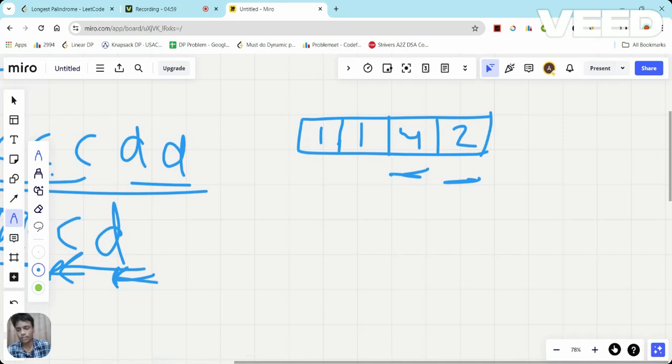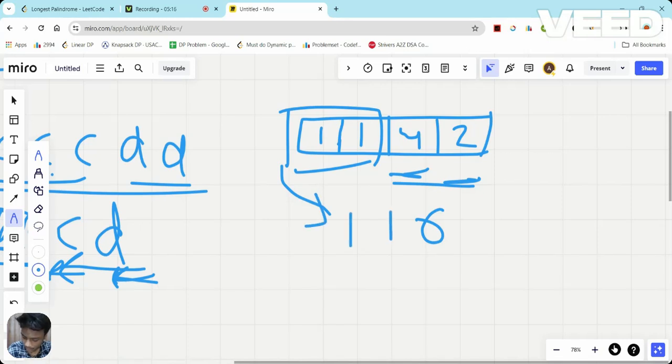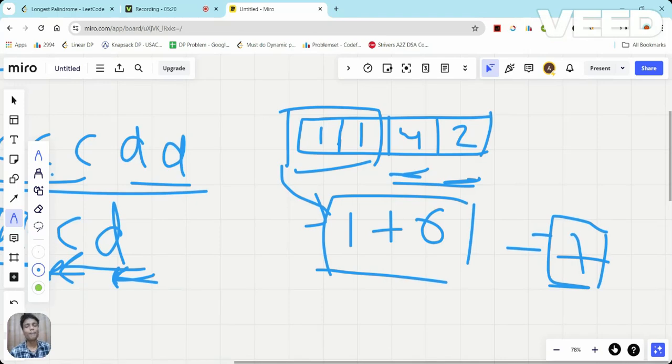I can absolutely use them in a palindrome, right? So from here I got the length of the palindrome is 6. Now the frequency of these characters is 1. Can I use them? Yes, but only one character I can use with the frequency of 1. So I'll pick any of them, and 1 plus 6 comes out to be what? 7. This is my example.